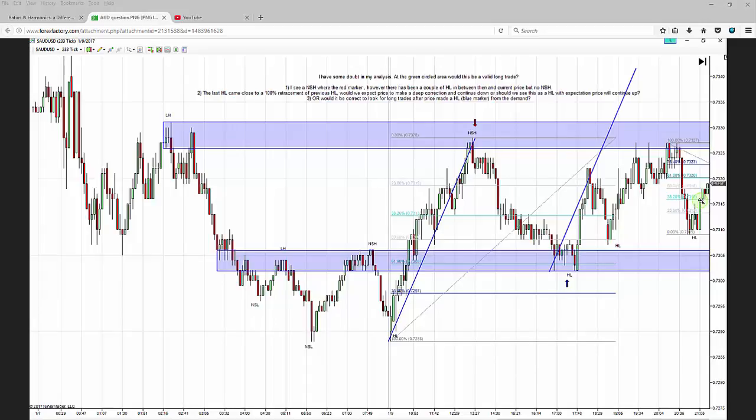Okay, now under some circumstances you can take an aggressive entry like this, but the order flow has to be the other way around. Price has to overwhelmingly look like the buyers have definitely accumulated more orders over the sellers, and that price is moving up easier than it's moving down. This is the opposite situation, and for those reasons I would probably pass on this trade, as I don't have the proper room to protect, the proper order flow to support taking on the risk, and the risk reward overall